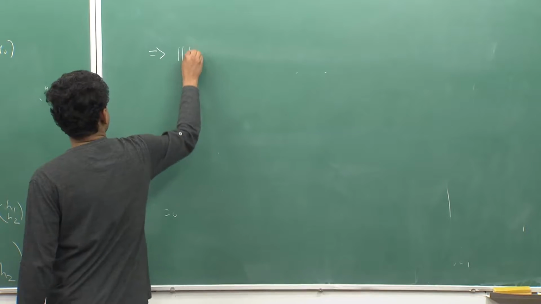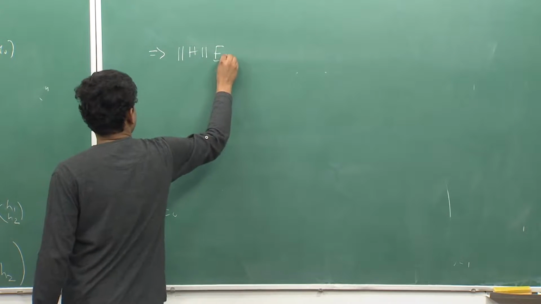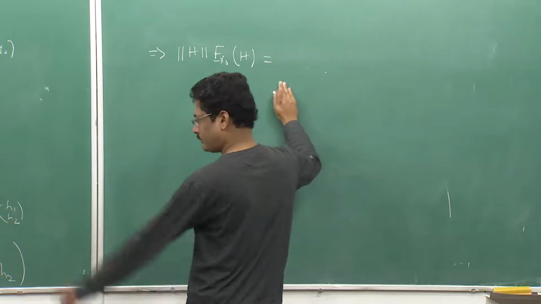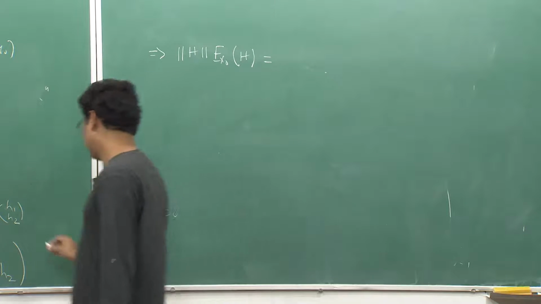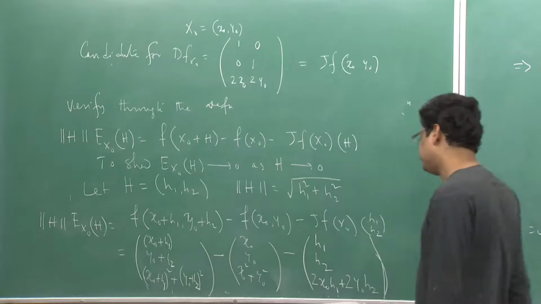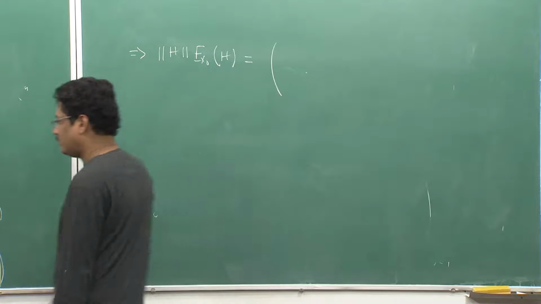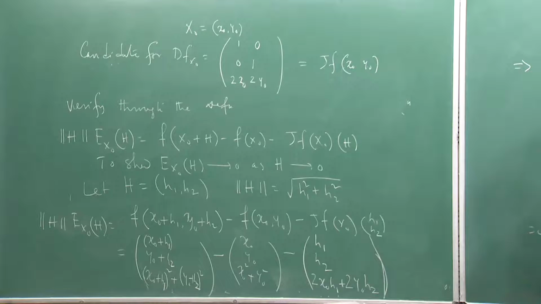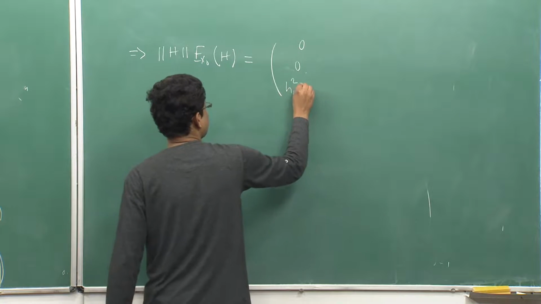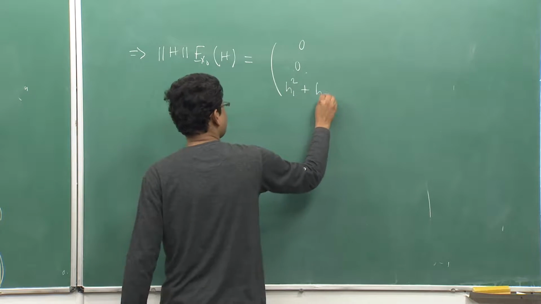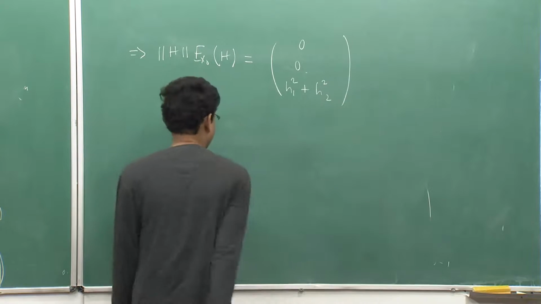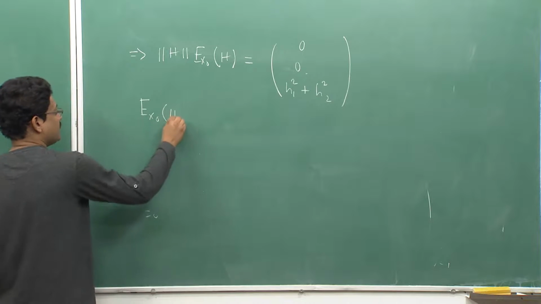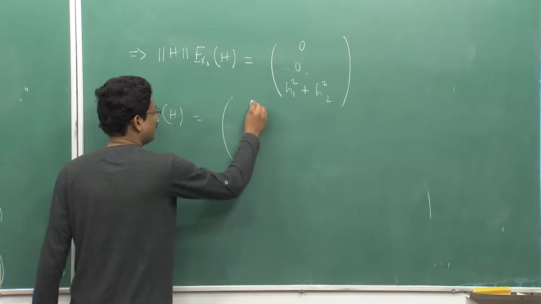This implies equal to how much? This will get cancelled, the second column will get cancelled, the third column remains. So, 0, 0, h1 square plus h2 square. So, E x naught h is simply 0, 0,